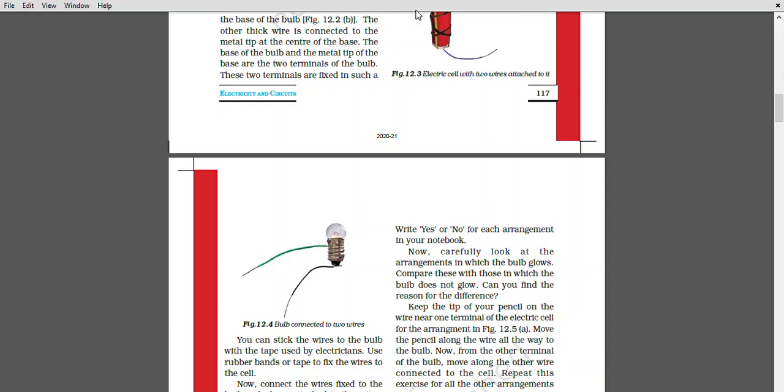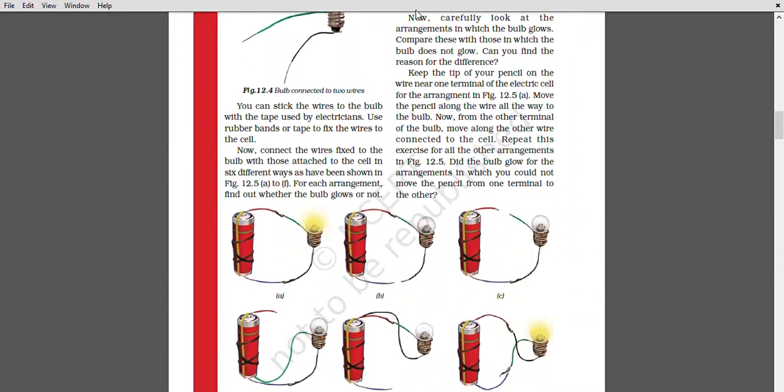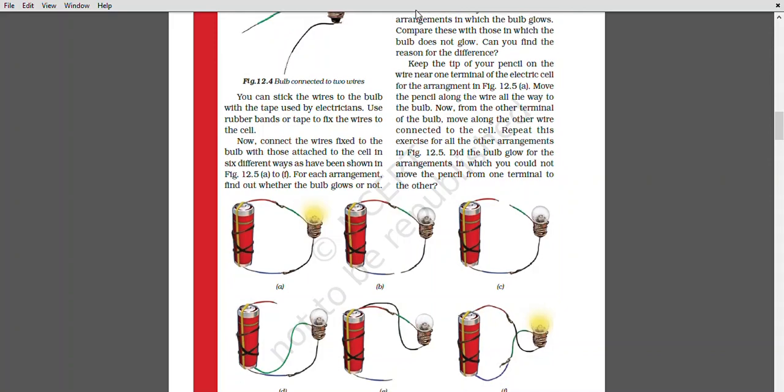Move the pencil along the wire all the way to the bulb. Now from the other terminal of the bulb, move along the other wire connected to the cell. Repeat this exercise for all other arrangements in which the bulb did not glow. In those you could not move the pencil from one terminal to the other.